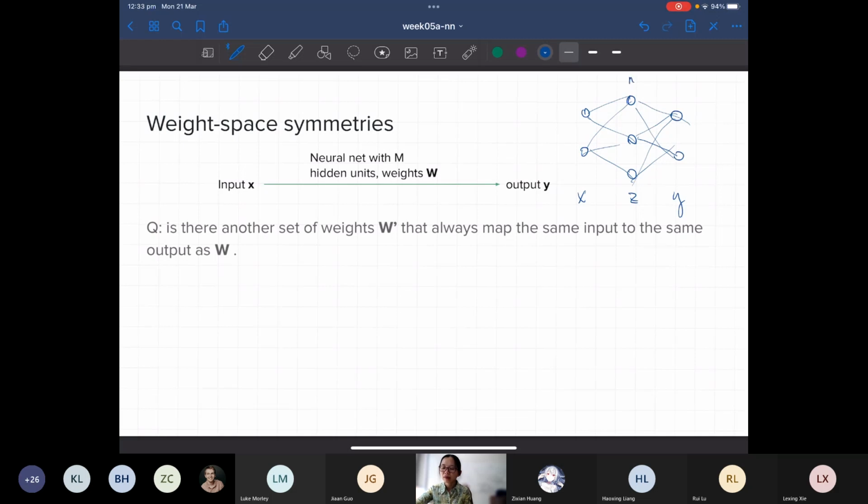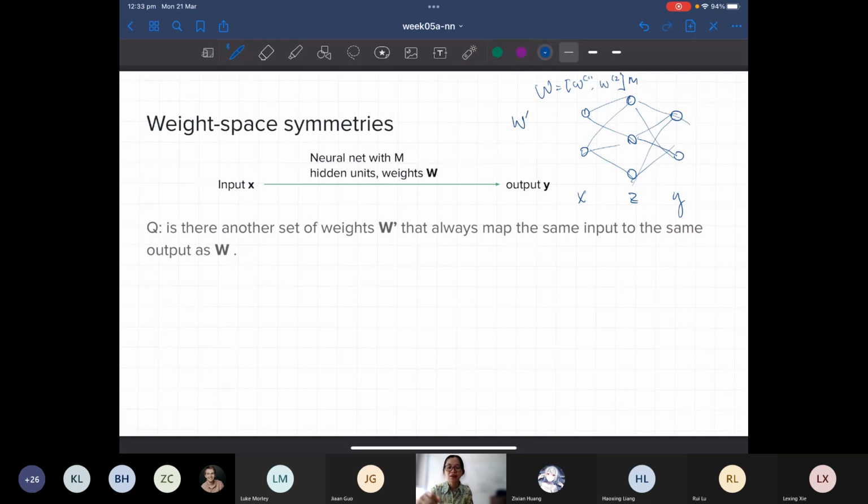And these are m hidden units in the middle, and we denote the weights as the weight of the first layer and the weight of the second layer. The question is: is there another set of weights, W prime, that is different from W, that will always map the same input to the same output as W,